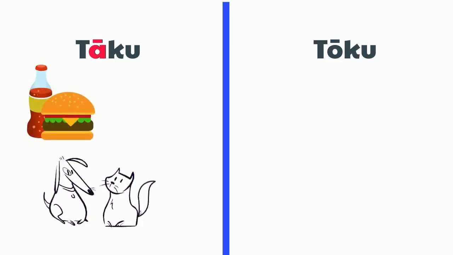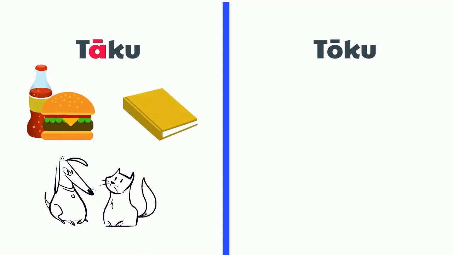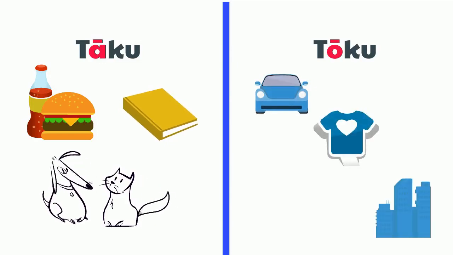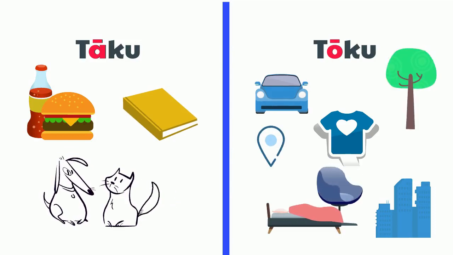Objects also belong to one of the two categories. In the A category, we have food and drink, animals, property that you can pick up, like books. In the O category, we have transport, buildings, clothes, beds and seats, places, nature, feelings, parts of the body,